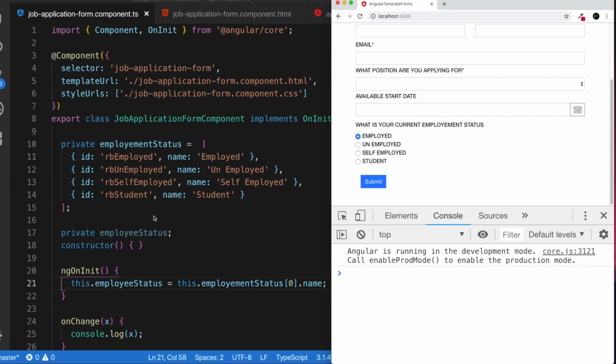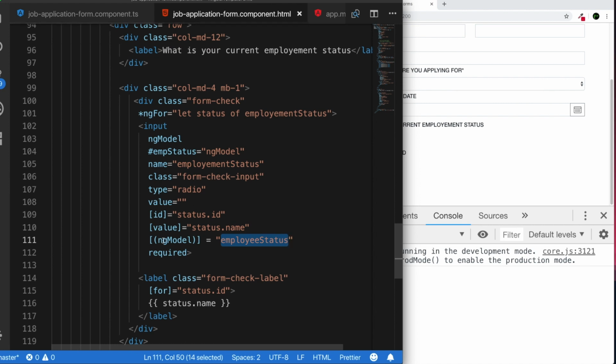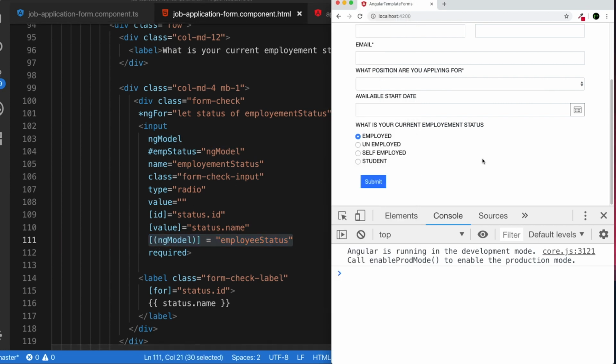All right, so it's working as expected. So this is how you set a default. You get the radio button checked by default. And this is how banana in a box two-way data binding works. Right, so